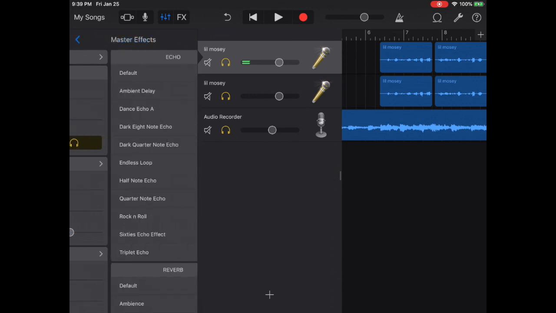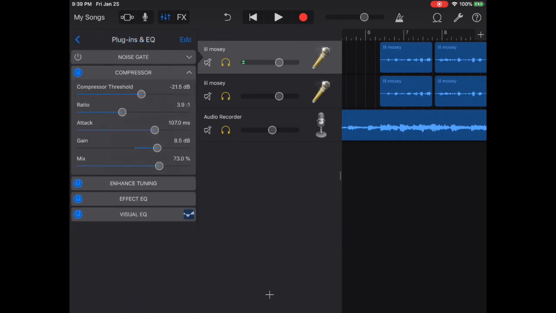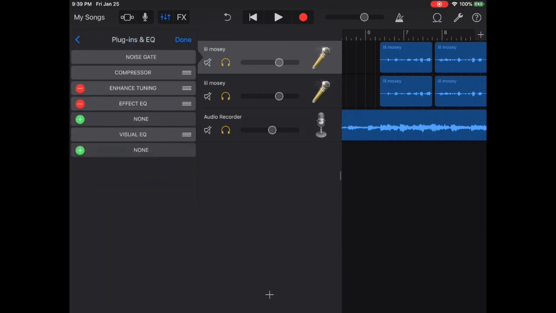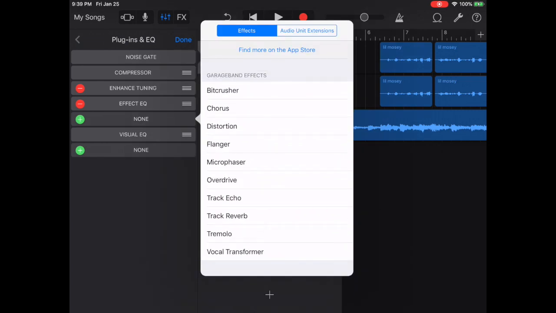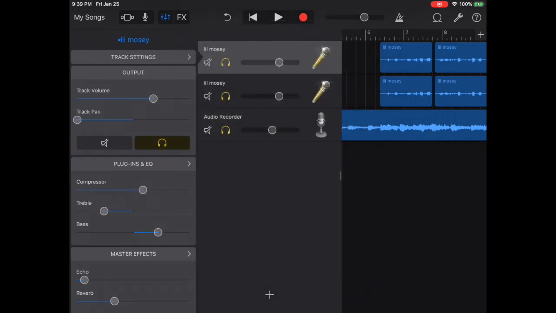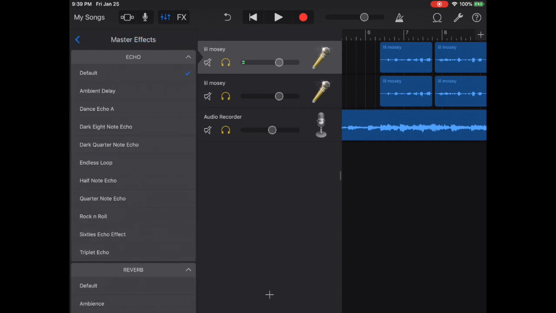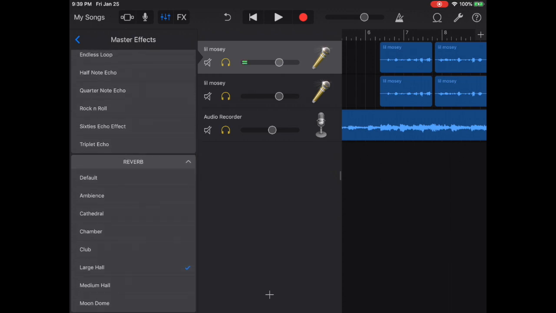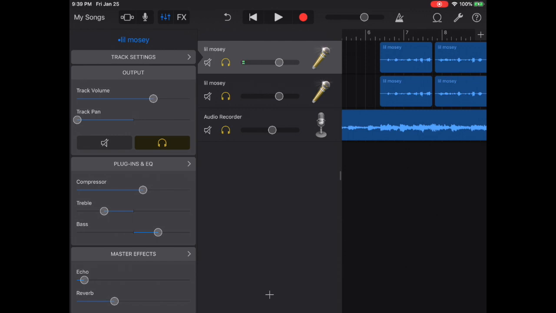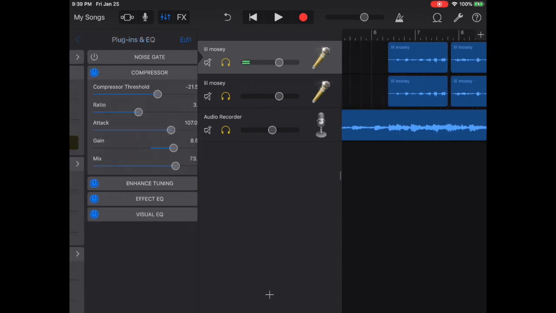So once you do that, you can also, if you want to, plug in EQ and go to echo over here. But what it does is sometimes when you put in a track reverb from your plugins and EQ, sometimes it actually hinders the sound quality. So if you want to keep the full sound quality, then use your master effects reverb and echo over here. So once you put all your reverb and your plugins and EQ like that, you're gonna